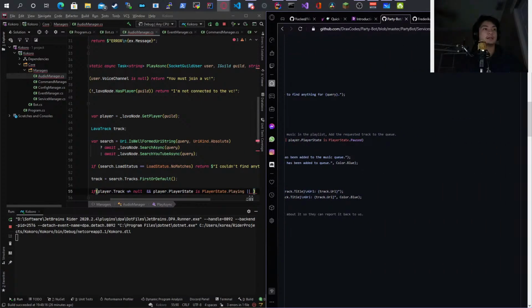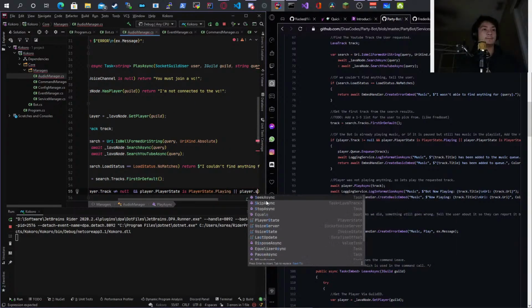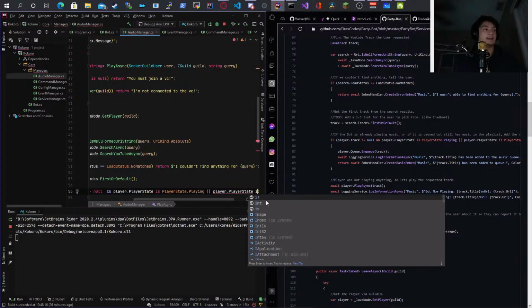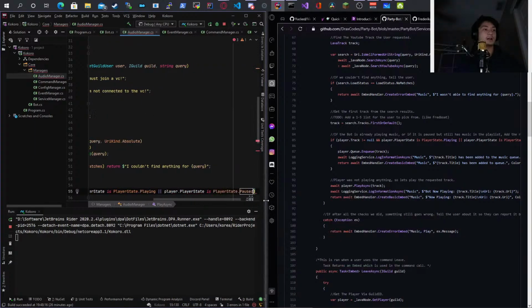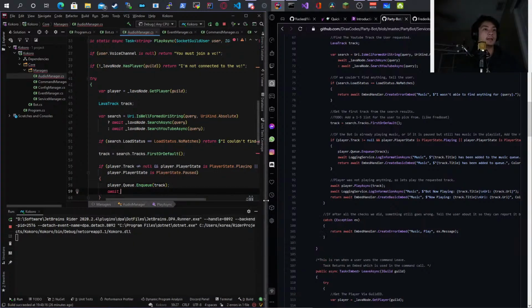Yeah, it's Paused. Thought so. Or player.PlayerState is PlayerState.Paused. player.Queue.Enqueue(track). Await, I don't need to do that.